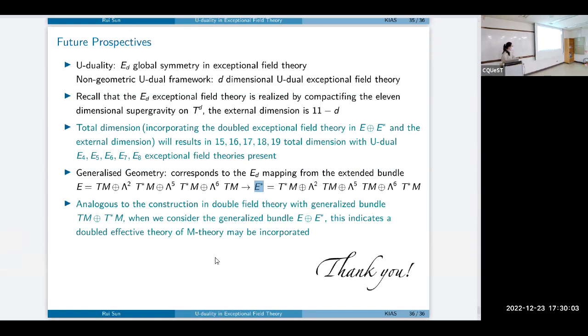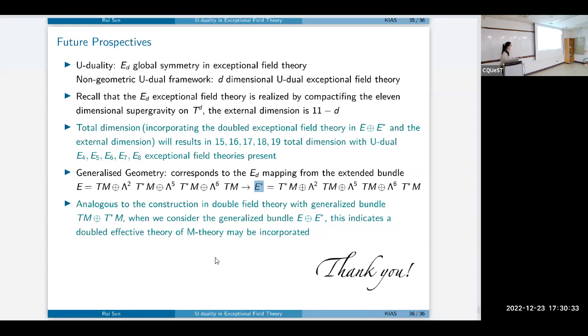Yeah, so double field theory is like you have the T-duality as the global symmetry, right? So for double exceptional field theory, what I'm thinking is you have the U-duality as the global symmetry, right? That's why we have the internal. And then you want to have a double field theory for the external. For example, this doesn't work. Yeah, this perspective is a bit